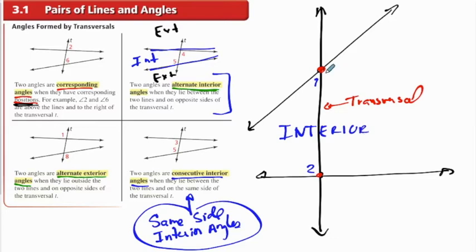I can put an angle 3 and an angle 4. They're both on the same side and they're both in the interior region. So same side interior angles do not alternate which side of the transversal they're on, and they both are in the interior region. So the names of the angle pairs are very descriptive. We just have to find the transversal first, understand where our interior and exterior regions are,